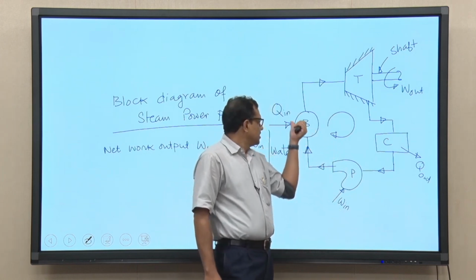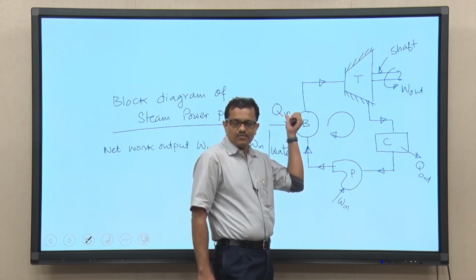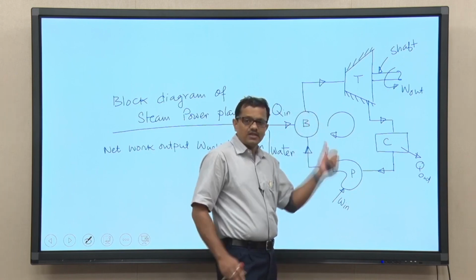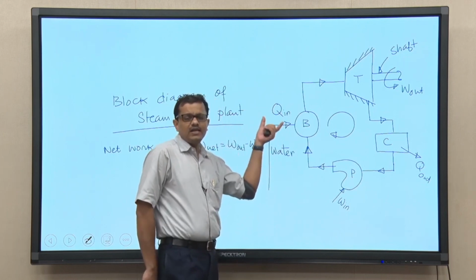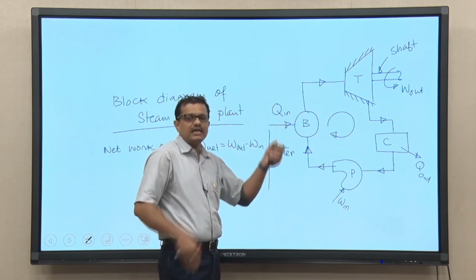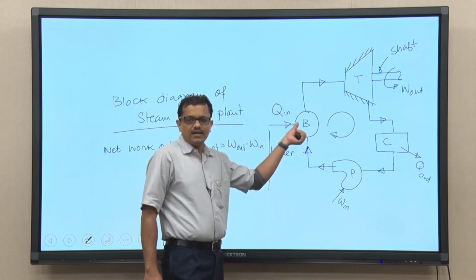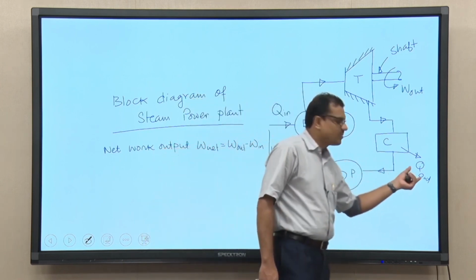For burning coal, again some mechanical arrangement is required, the energy which is supplied to the boiler, for that again mechanical arrangement is required. By so many mechanical arrangements the energy is supplied,